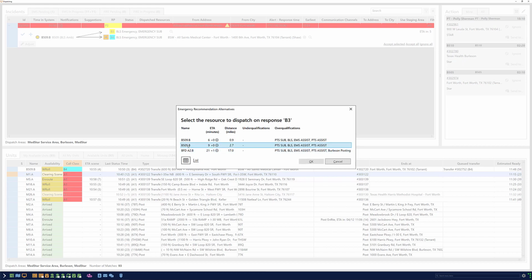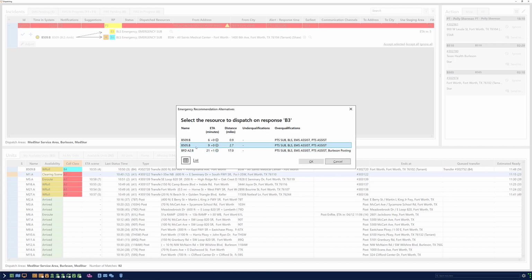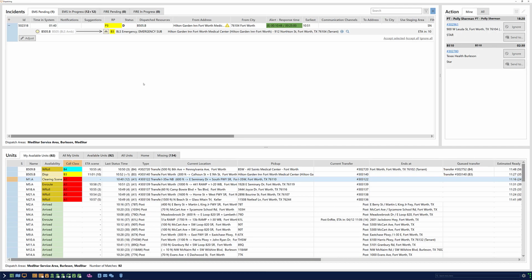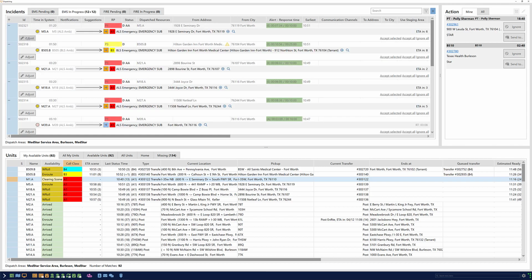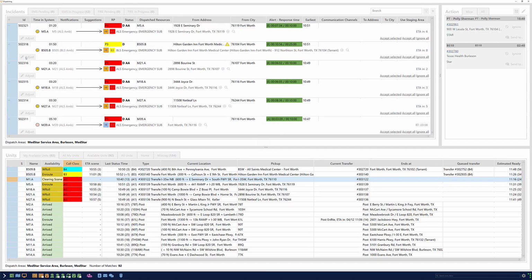And if I wanted to select something different, I would simply select, in this case, let's say B505, and it would reassign that response to B505. The second feature you can see here is the adjust button. And as I come here and grab that back, we'll just grab an adjust button on this one here. So if I grab my adjust button on B505,